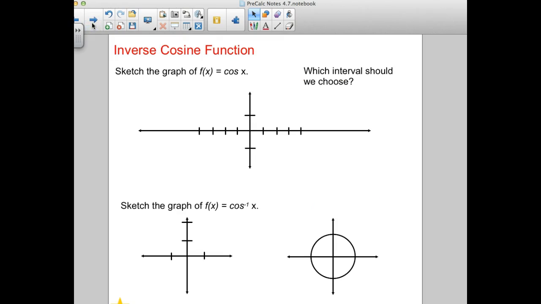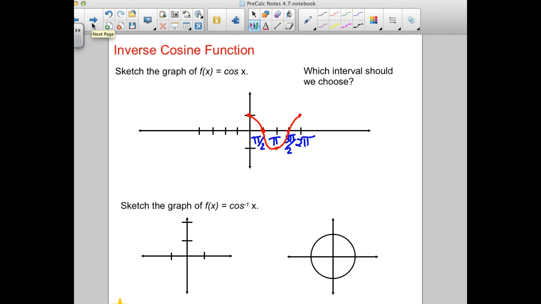All right, moving on to inverse cosine functions. Let's start with our graph of cosine. We start going from 0 to 2 pi. Increments are in pi over 2s. Our cosine curve starts high, goes to 0, low, back to 0, and then high again. Okay? And again, we could draw multiple periods of this, but this is enough. We are looking for an interval